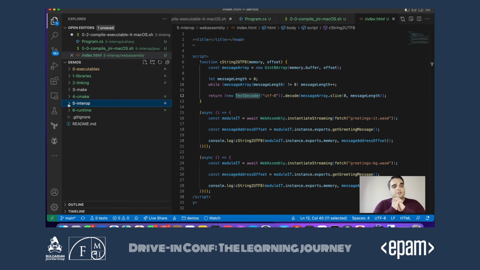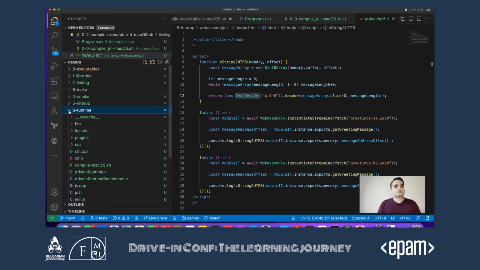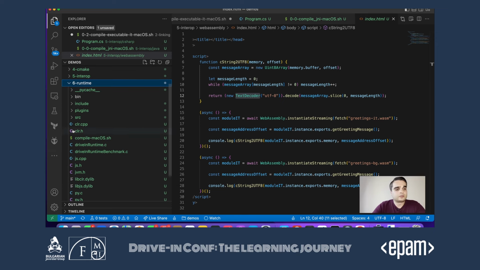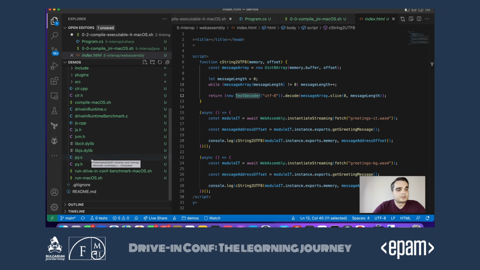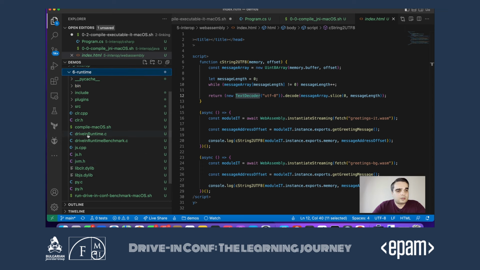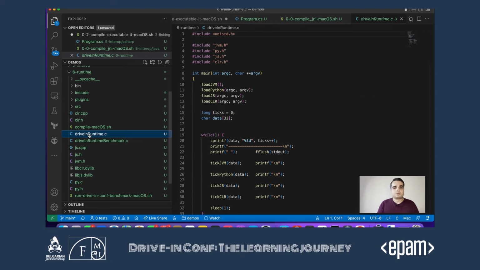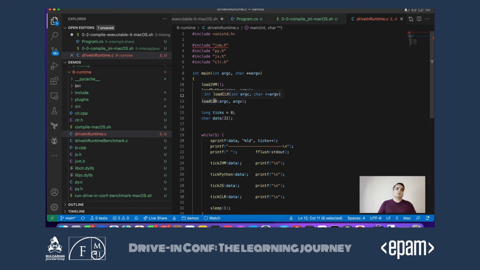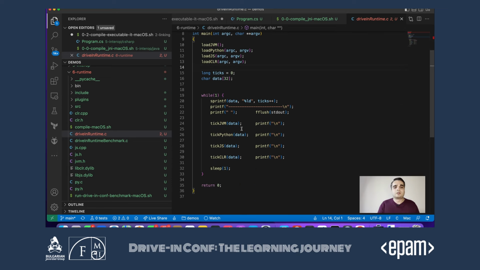Now, with all this knowledge, we can do even more interesting things. So we can actually write a runtime that loads the common language runtime, that loads the Python runtime, that loads the JVM, it loads V8. And we can use then higher level languages as scripting tools to provide some programmability over our C and C++ implementations. So I've written the code to essentially load JVM, load Python, load JS, V8 in this case, and to load COR. We can have a look at it.